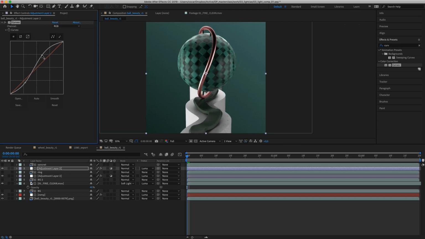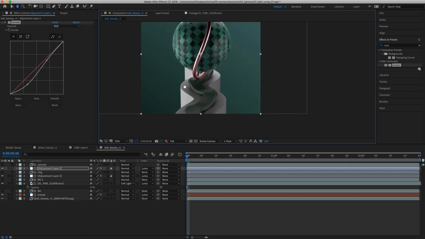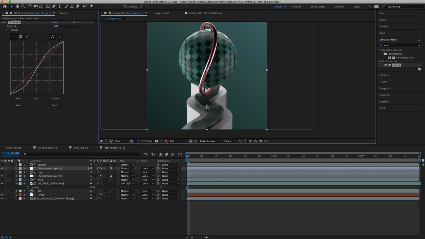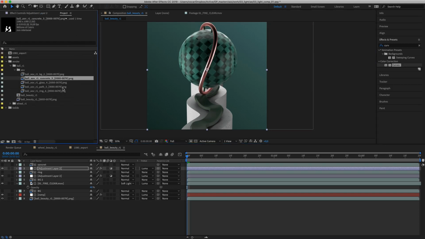Then we just do a small S-curve here. And maybe it's a little bit too bright as well. Yeah, something along those lines. Yeah, that's good. I don't like this color at all, the green here, but that's fine, because we're gonna change that now. So take your path, throw it in there,